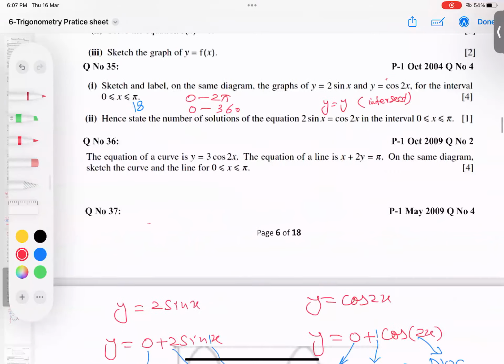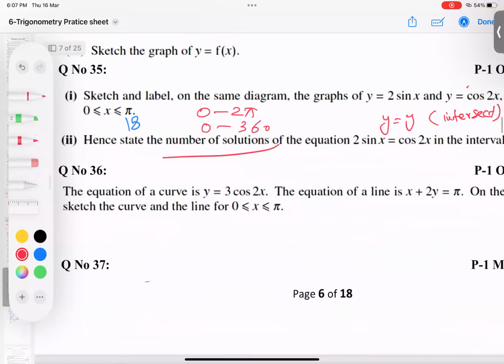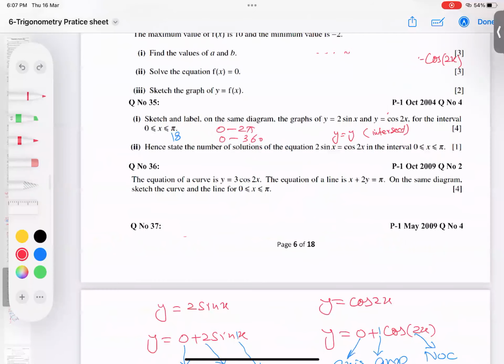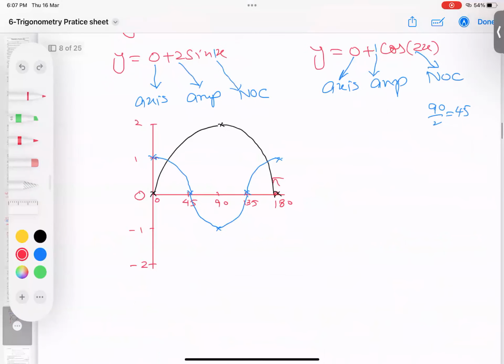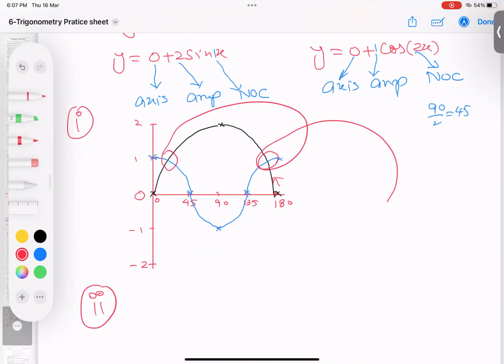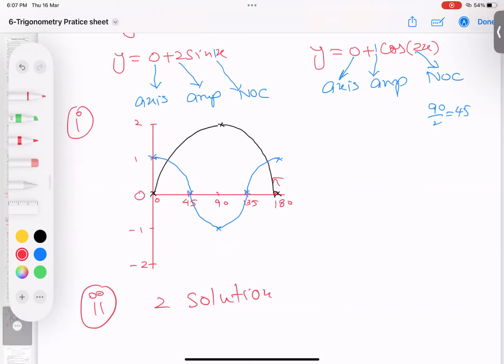So let's see now. He is asking for the number of solutions. He's not asking for the solutions, but the number of solutions. Part 1 is done, and part number 2 I'm discussing now. They are intersecting at 1 point and 2 points, so we have 2 solutions. He did not ask us to give the solutions themselves. So I hope the point is very, very